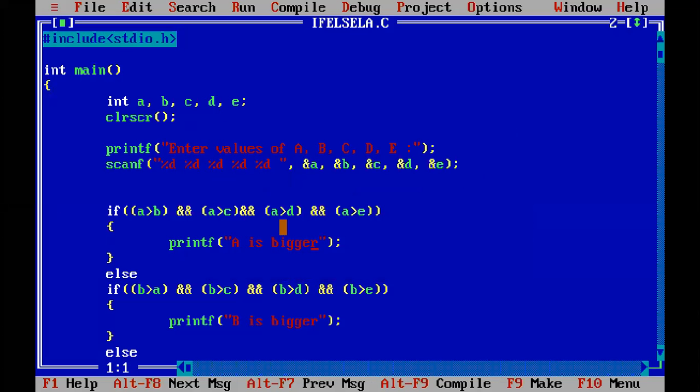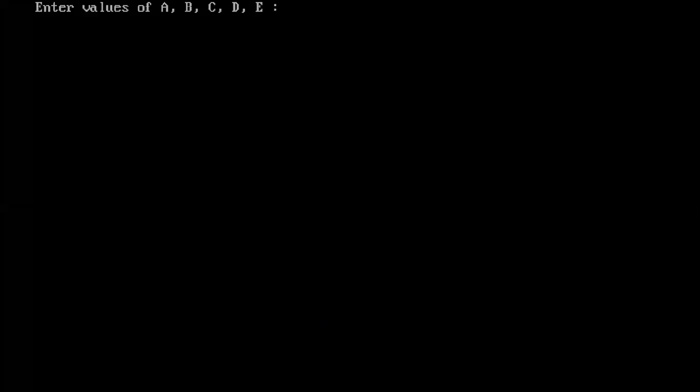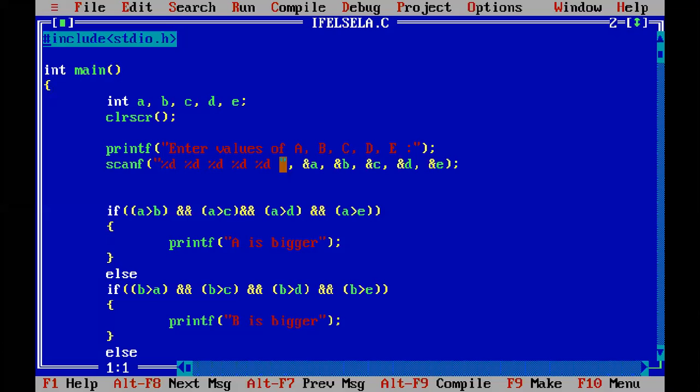So likewise, you can leave the last 9. That's a small error that's happening. That's a runtime error that I'll have to check why it's happening. But anyways, just look at the first 5 numbers. I have entered 4, 5, 7, 2, 1. So what is the biggest? 7, and 7 is for C. That is why C is bigger. So likewise, this is how you write programs using if-else ladder.